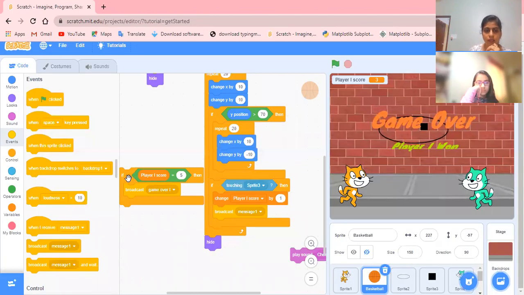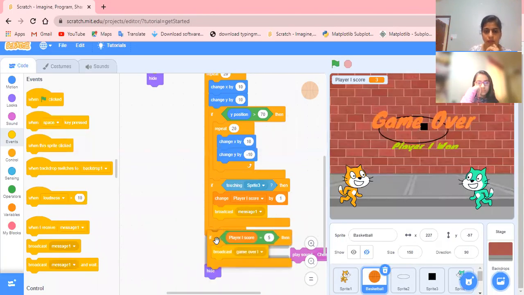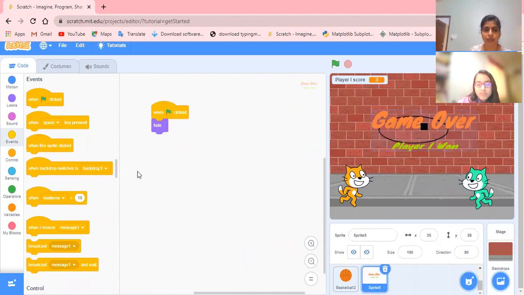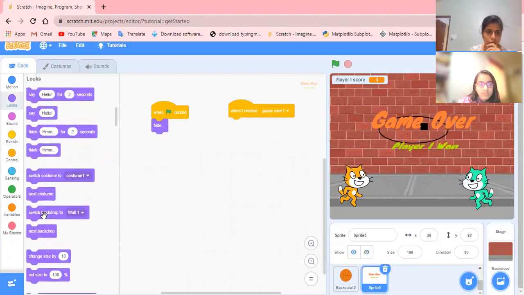If touching the sprite, changing the score and sending a broadcast, the sound is there, and at the same time it will check if it is 5, and it will send a broadcast to that sprite. So now this sprite, when it receives game over 1, we can give show.